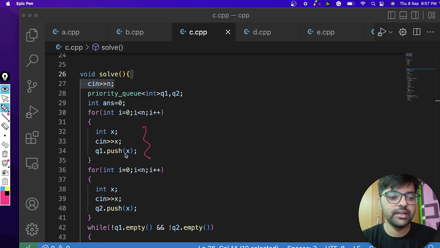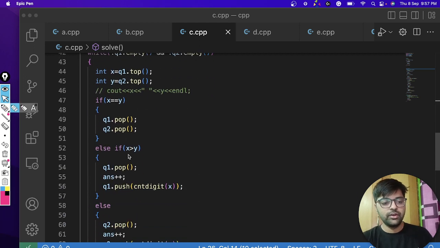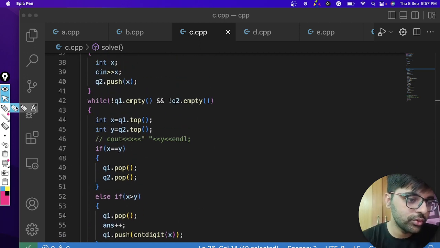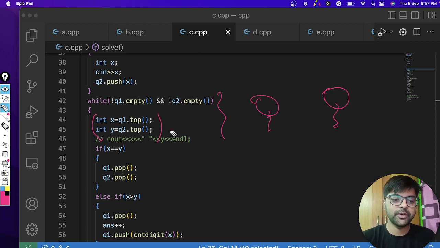So what I did, I put everything from the first array in q1, and from the second array I have put in q2, right? Now this loop will run until both become empty. Let's say this is the maximum number, I am comparing, top value will give me the maximum number, so I am comparing this. If both are the same, then we will pop out, we won't need an operation, these are matched.